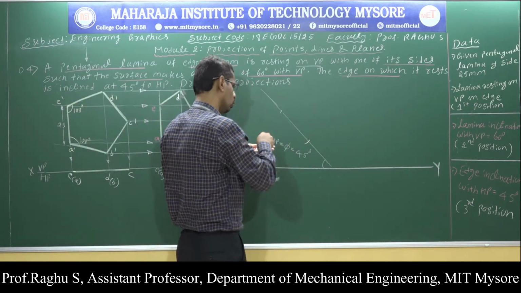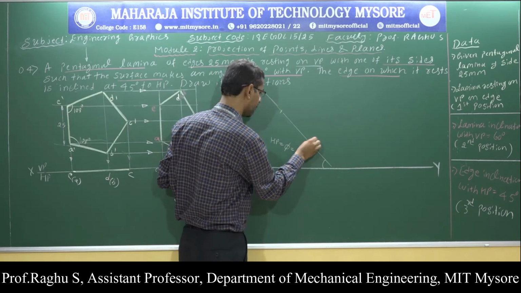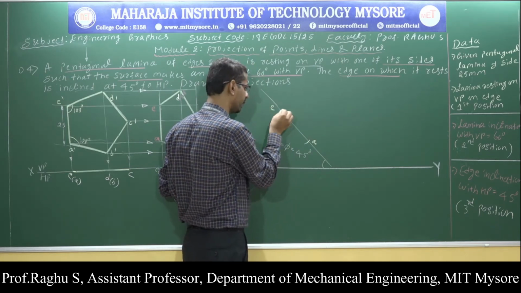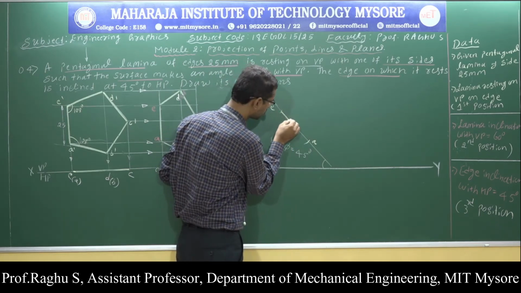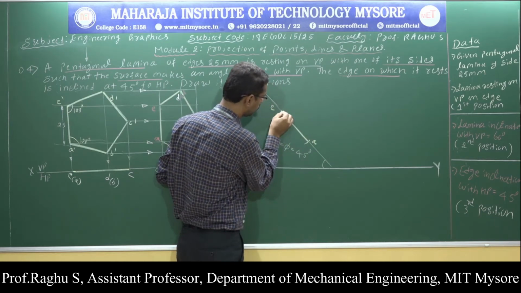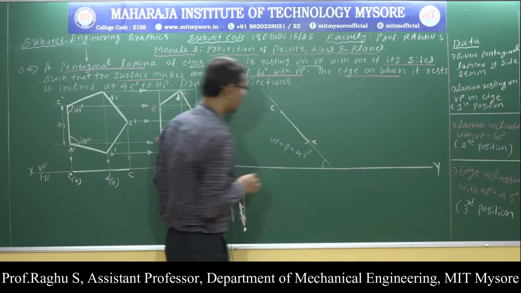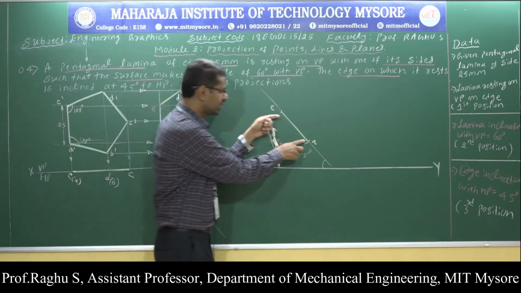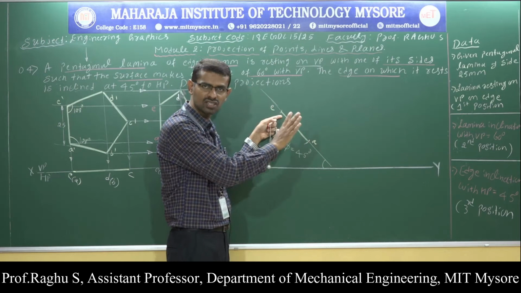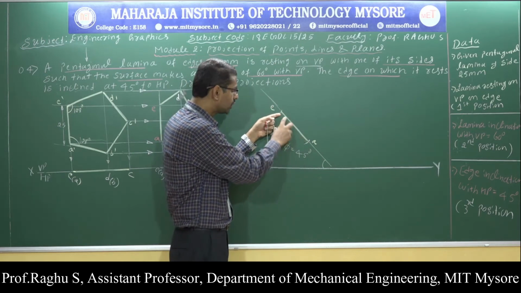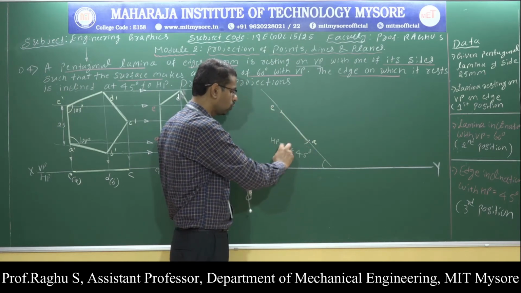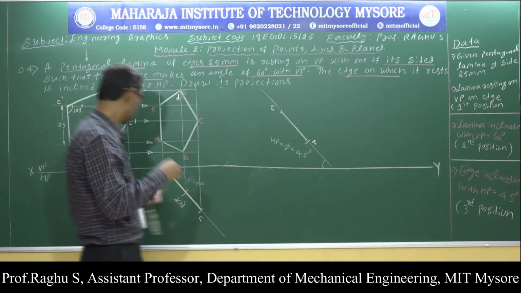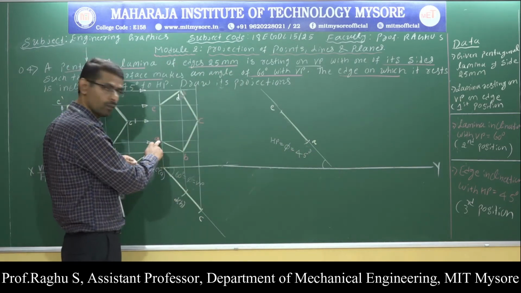This is A and this is E. You make it dark. Right. I have fixed the AE, that is the resting side, on 45 degree. Now the condition is satisfied. The side on which it rests makes 45 degree with respect to HP. Next, redraw the remaining points. I know the position of point A.